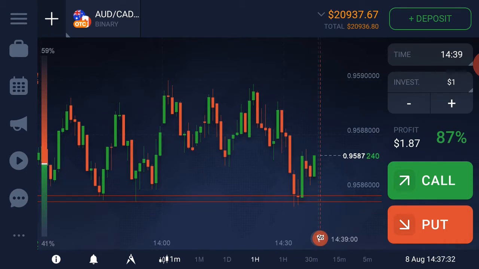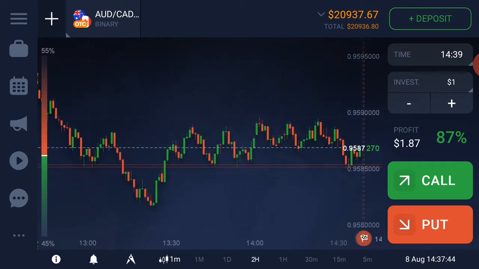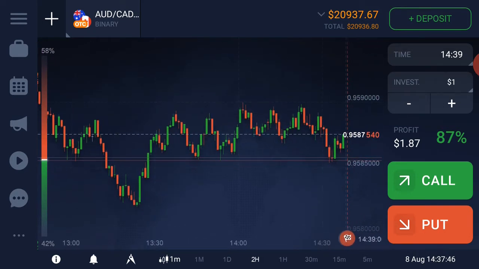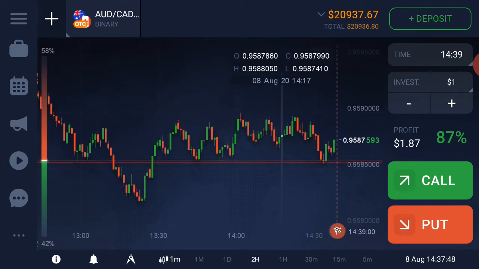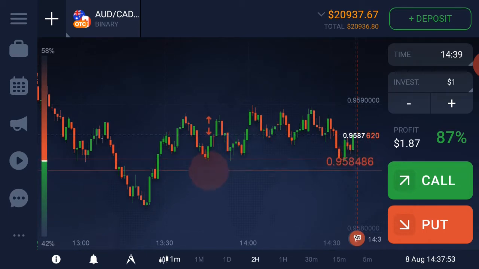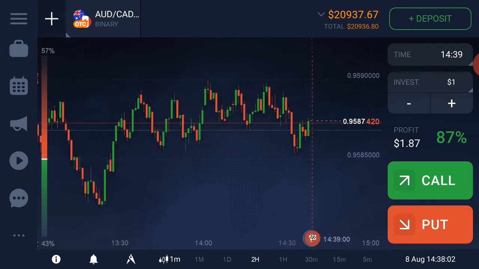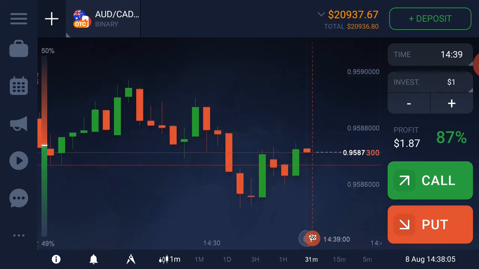Let's go to the next trade. I will trade one more here. So let's start. Where is our current price bar? The current price bar is near this level. You can see this level. So I will place my level here, this one and this one. Whenever the market crosses this level, you can see the market crossed this level.